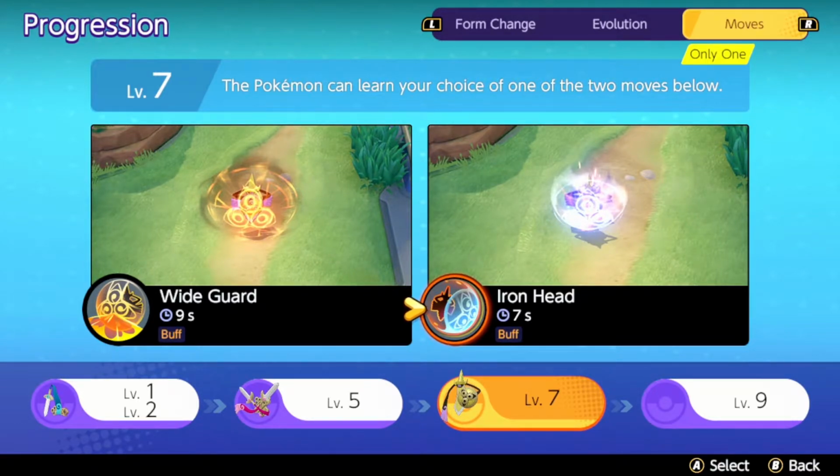It gives you a little bit of extra mobility and does damage, and it's a little bit easier to stack, whereas Wide Guard can give you more potential stacks and can slow enemies. I just think Iron Head is slightly better. And then for its Unite move,